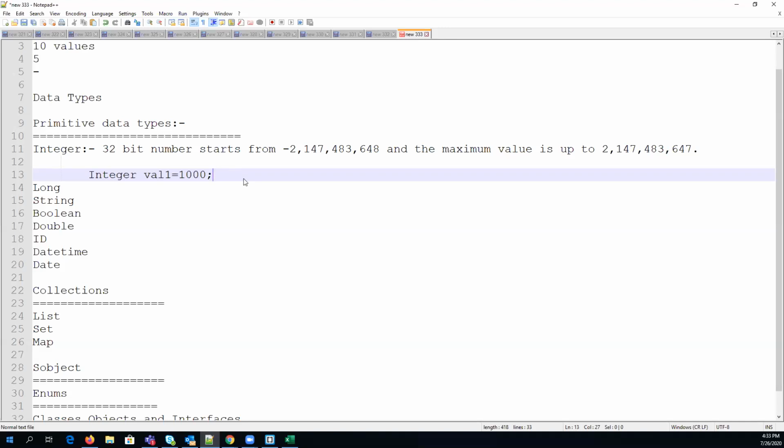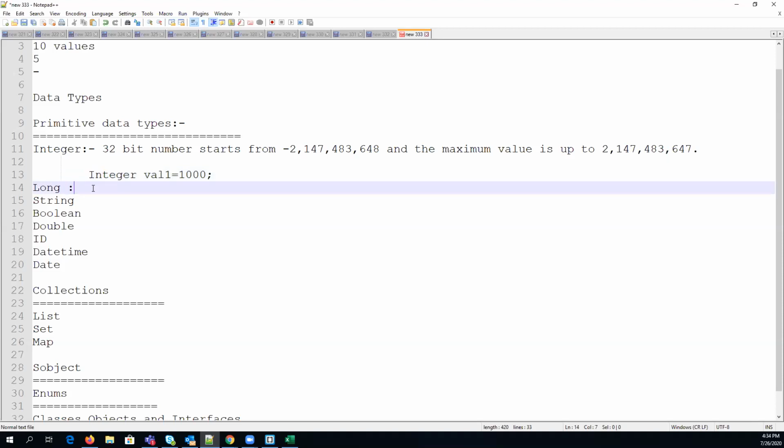And the next one is long. What is long, guys? It is just a 64-bit number. So if you want to store a larger value, then you will use long. The value is accordingly something like that.